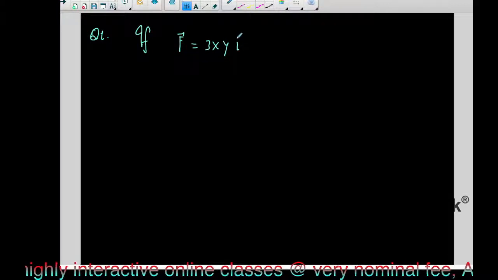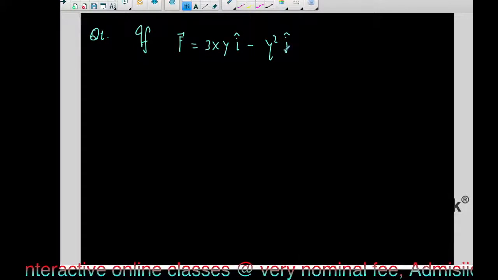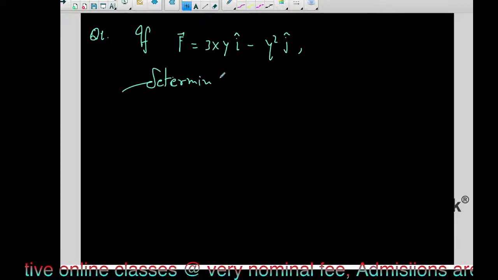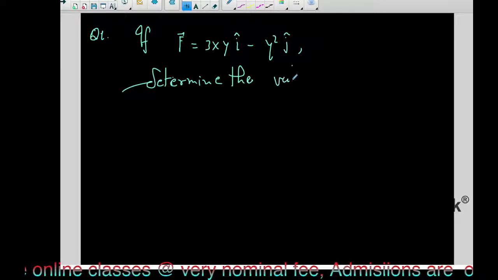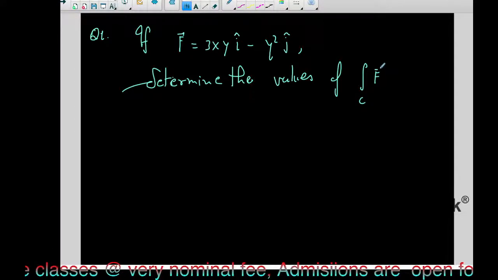Let's go ahead with some questions, try this technique, and see how to handle the problems. So let's take a question. Question number 1, on the line integral. Suppose vector f is any vector, and that is 3xy i unit vector minus y square j unit vector. The question says, determine the value of the integral over c of f dot dr,